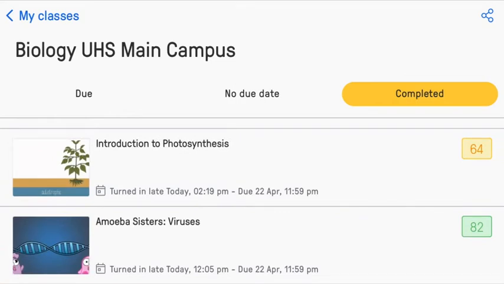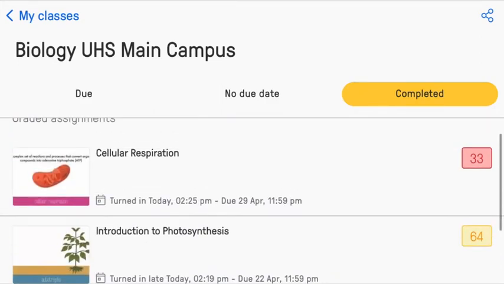In the green box, the 82, that's the grade, 82%. For the introduction to photosynthesis, that yellow box, that's the grade, 64%. Cellular respiration, 33 in red. Red is bad. You need to do any assignments that show up in red, because you need these numbers to